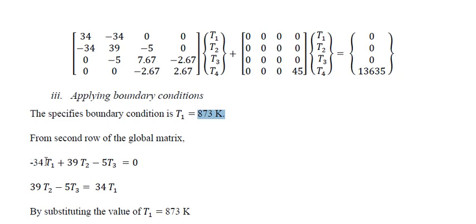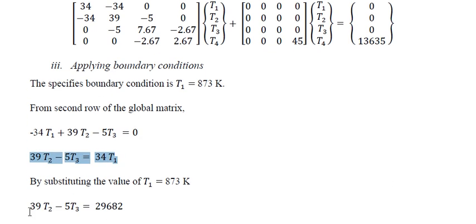So this entire term, if we take the right side, 39 T2 minus 5 T3 is equal to 34 T1. Since T1 is known, we will arrive at this equation. This equation is similar to this equation, and this equation is similar to that equation. Now therefore,